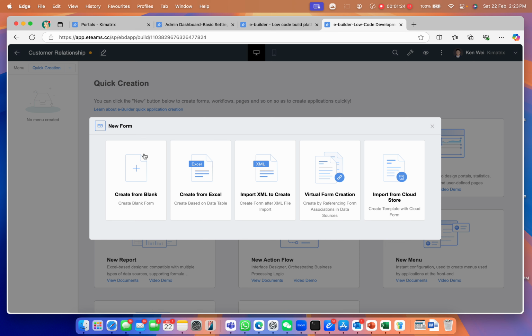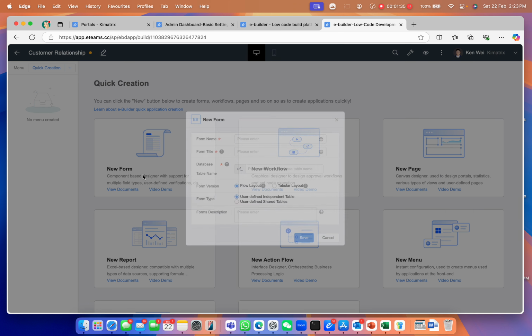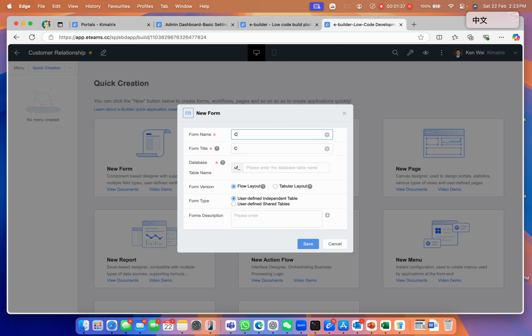The form is just like a database. You have different ways to create. First, maybe we can create from a blank, and later I will share with you how to quickly design with Excel. So maybe the first one is that we're going to create a new customer